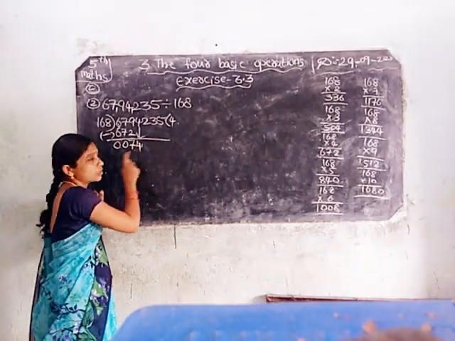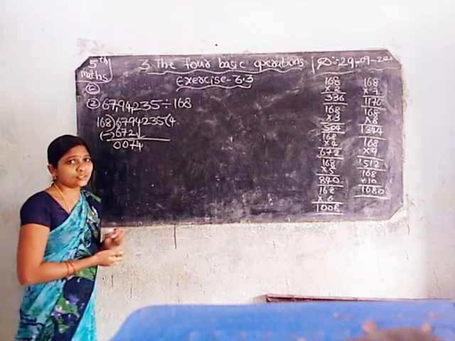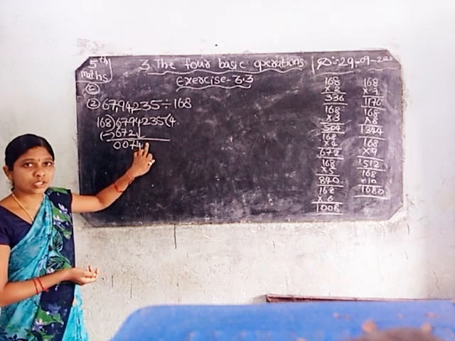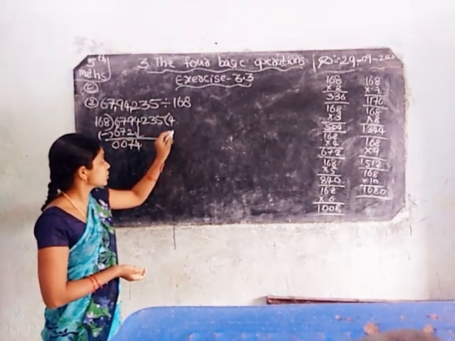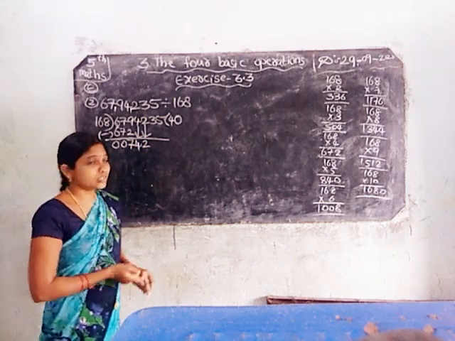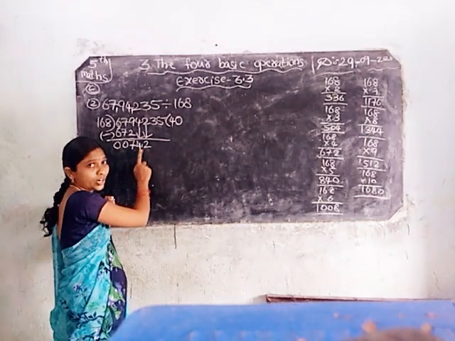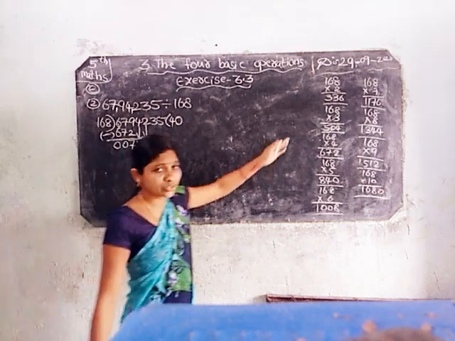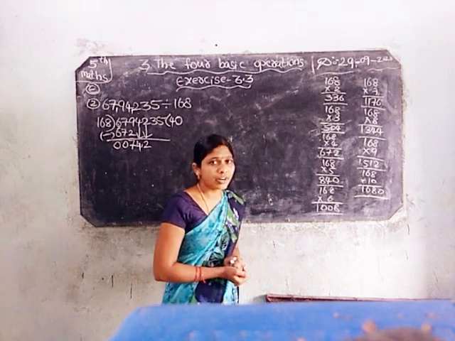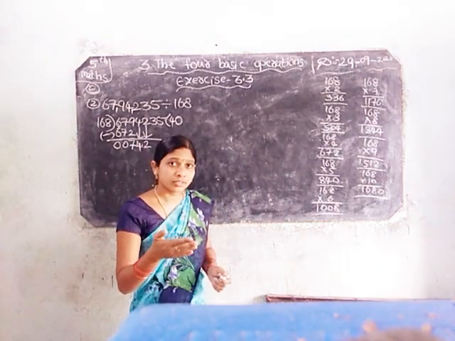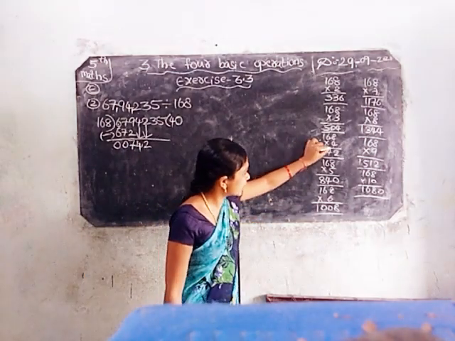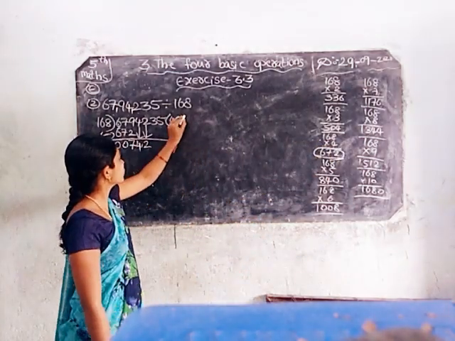Take one number after completion. So 74 here is 2 digits, and here 3 digits, so not possible. What should we do? Take another digit. Before taking another digit, we should write 0 here compulsorily. Now we have 742. We don't have 700 in the table, so take the number below it, less than it. Again take 672 only.